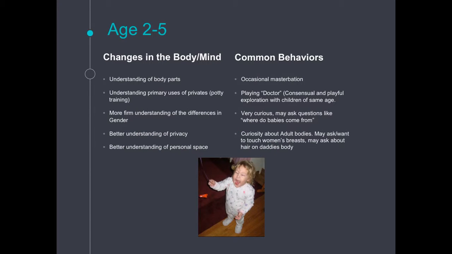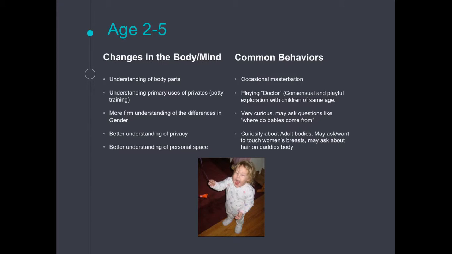Changes in the mind and body of the 2 through 5. So children at this age really start to understand the body parts, and they start to understand the primary uses of body parts, including their privates. They're going through potty training usually at this time, so they're understanding what those are meant for. They start getting a more firm understanding of the differences in gender,